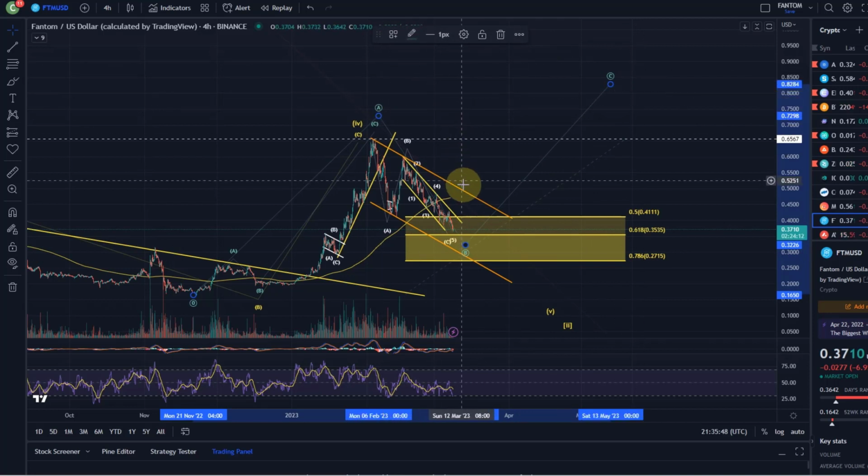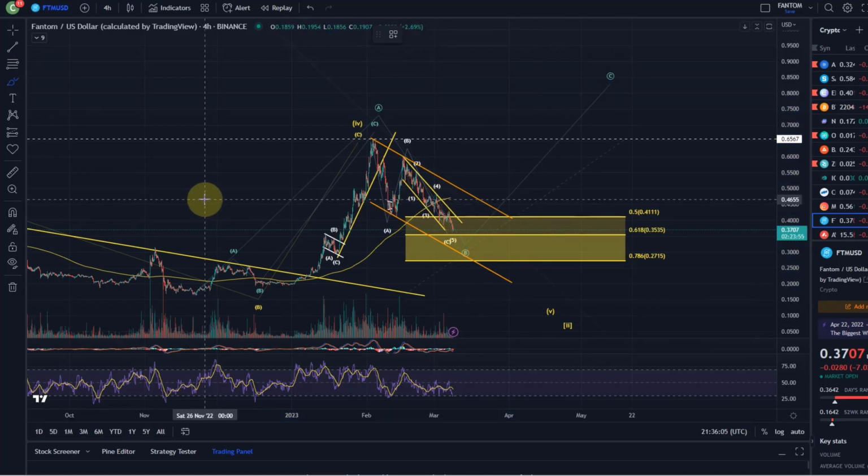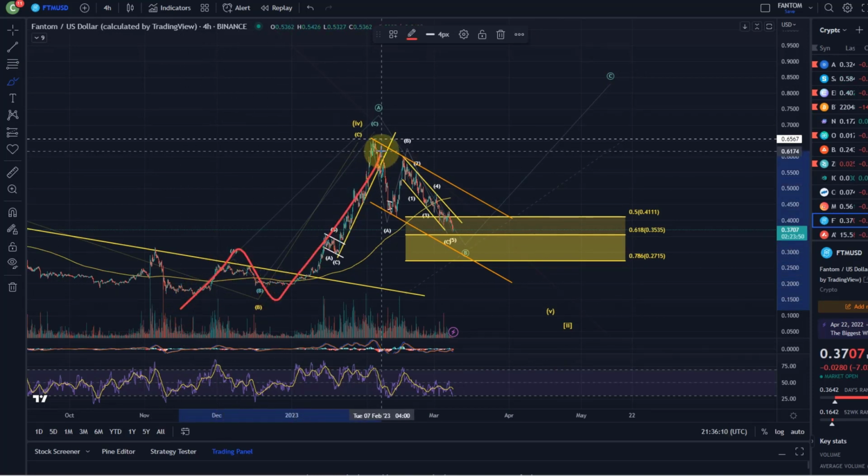Now the only reason why I consider that is because this advance was quite strong. And because a lot of the other coins, you can make a case that they formed 5 waves up. And it would be unlikely that a lot of other coins find support and rally while FTM will make a new low. Because of course, in a more bearish alternative, if this is an ABC structure,